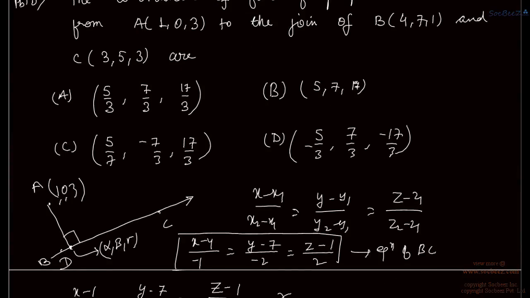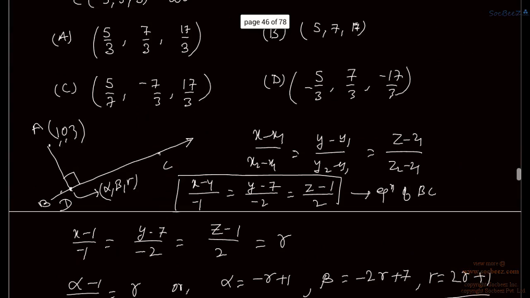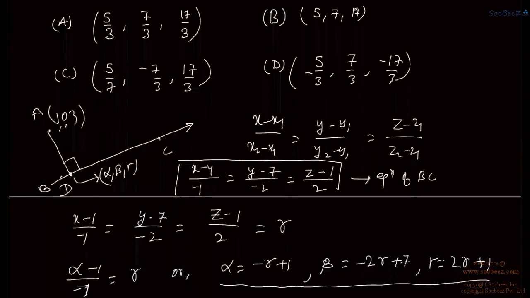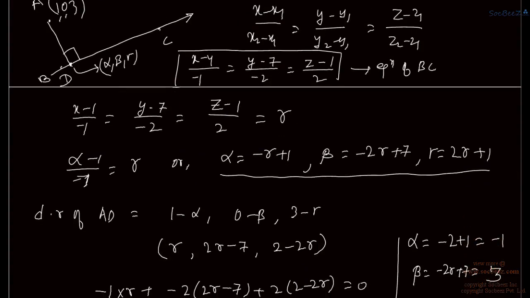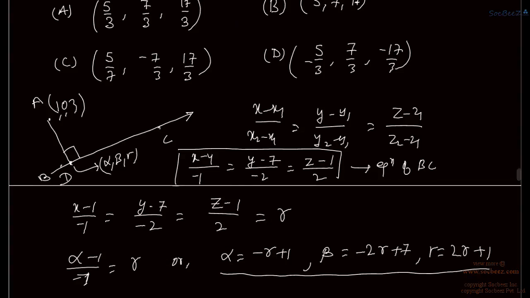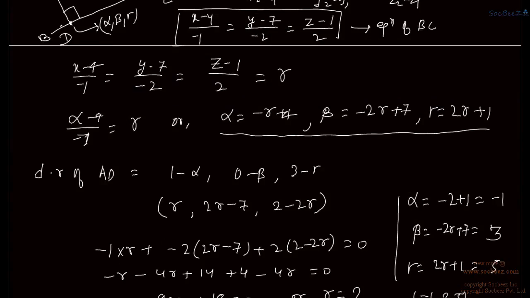It is not matching our option, so our solution is not matching, so we have done some mistake. See, here the line is x minus 4, y minus 7, z minus 1. Here we have written x minus 1, so this is not 1, this should be 4. So we have alpha minus 4, so alpha is equal to minus r plus 4. Beta is equal to minus 2r plus 7, gamma is equal to 2r plus 1, which means the direction ratio should be